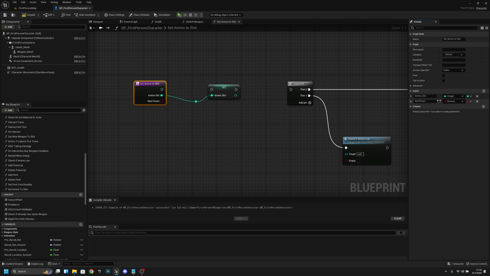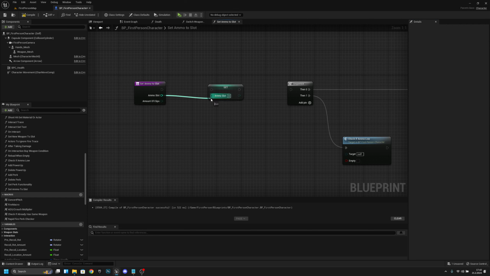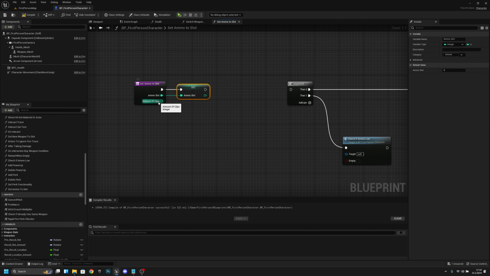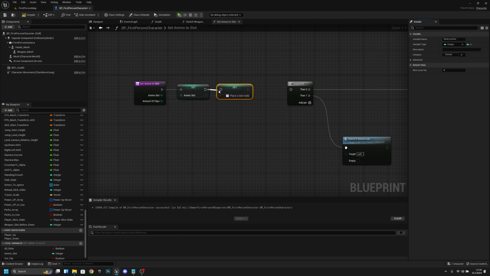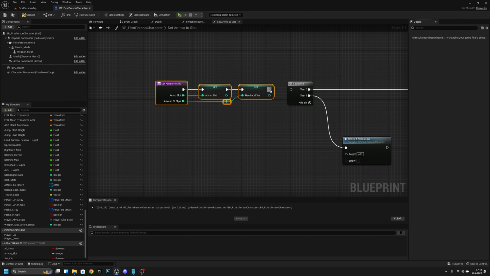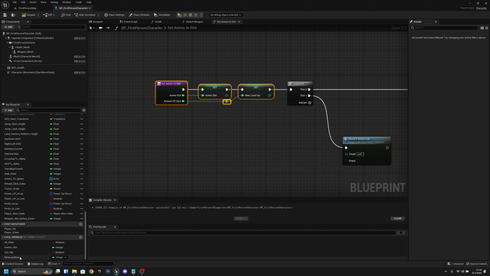And let's actually add another one, type integer, and let's call this amount of clips. Okay. Now let's move this ammo slot and set it here in the start. And now we want to set this amount of clips to local variable after this one. Let's add a reroute. Move them closer. Something like that. Now we can actually rename this new local variable to amount of clips, and let's add a